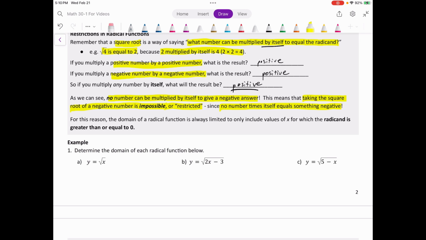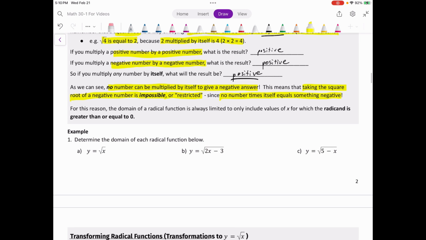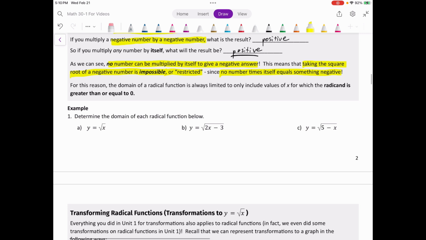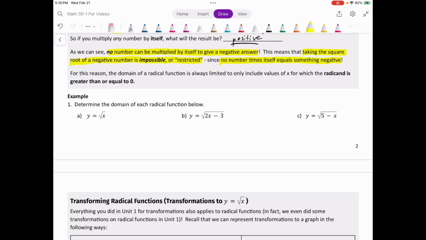It's actually a term that we use in mathematics. There are these things called imaginary numbers that can do this, where they allow us to take the square root of a negative. But that's for your university math careers if you are headed that way. Okay. Anyway, so for this reason, because we can't take the square root of a negative,